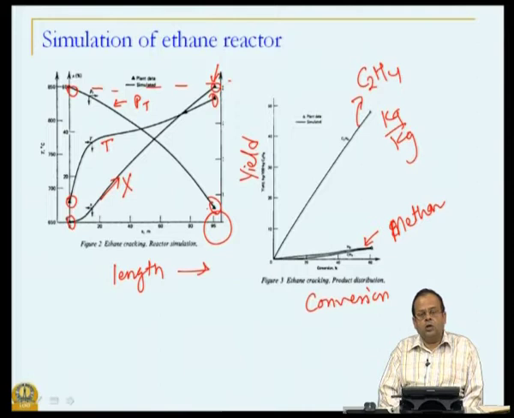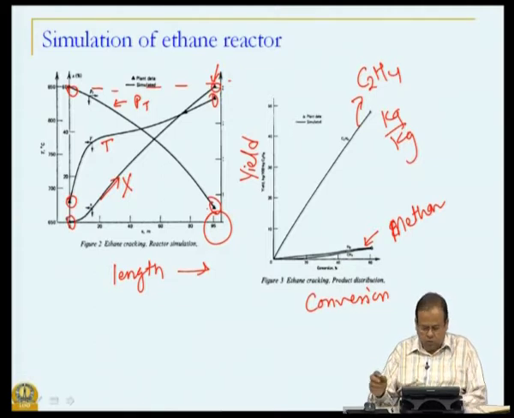We also saw that it is an endothermic reaction, so increasing temperature profiles is desirable. So, that is how thermodynamic information is brought in. Kinetics of course is important. Ethane thermal cracking is a free radical reaction, so it has been modeled accordingly. And then we bring the mass, energy and momentum balances together to achieve the desired objective.